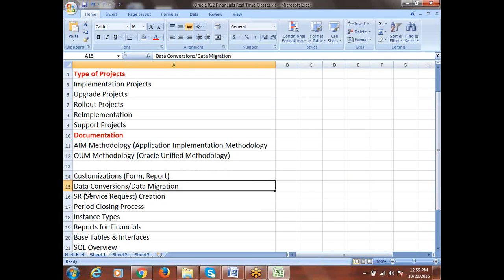And when I talk about data conversions here, which data do we have to convert? Data conversion is very simple. Before the client gets into this Oracle application, now we are talking about Oracle R12, which we simply call Oracle EBS, e-business suite. When we are implementing Oracle EBS for any client, before that they must be running their business related information. They have to maintain that business related information in some other system, right? They'll be using some other system.